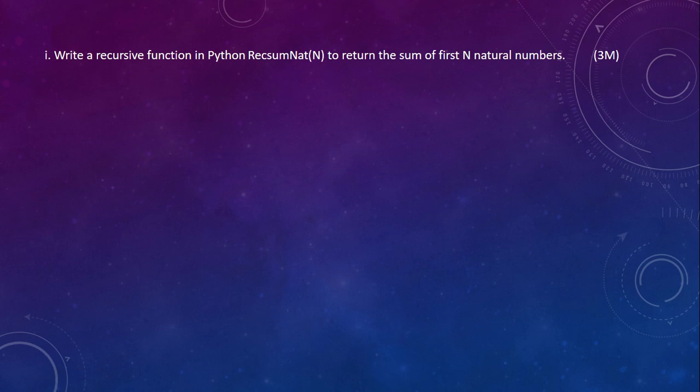Okay, so now write a recursive function in Python to return the sum of first n natural numbers. Now I may tell you that this year for the 2020-21 batch, recursion is removed from the syllabus. Okay. So the solution is: if n is less than equal to 1, return n, otherwise return n plus sum_num(n minus 1). This is a recursive function.